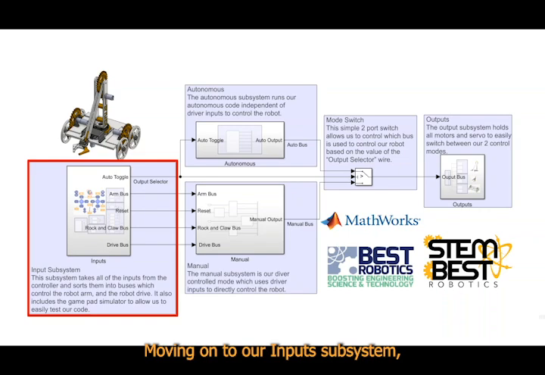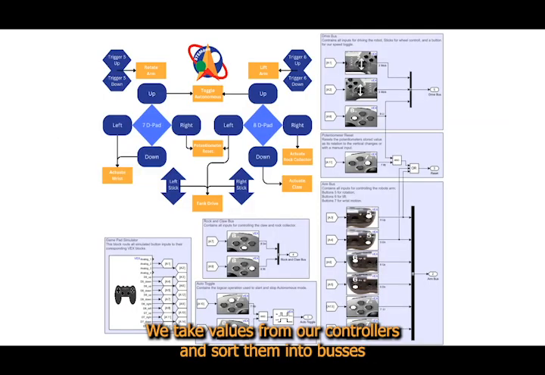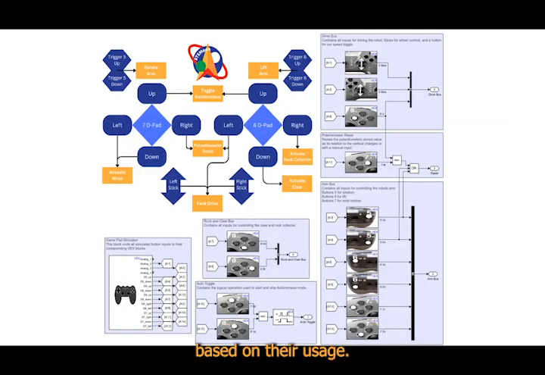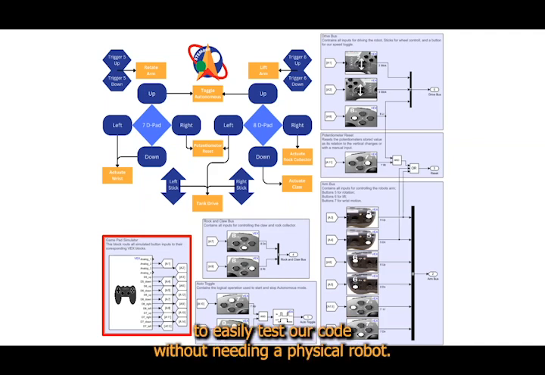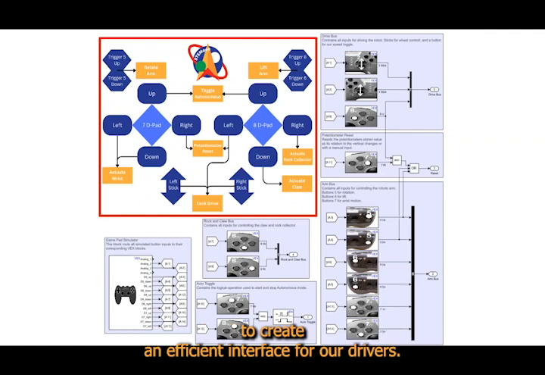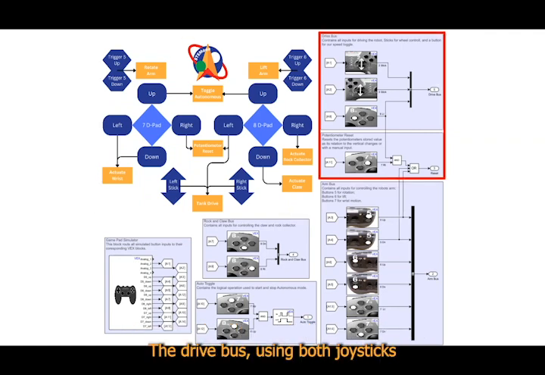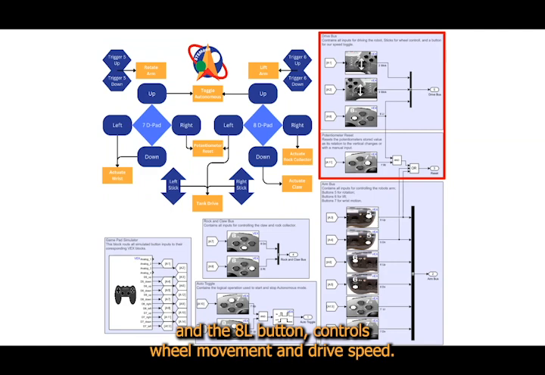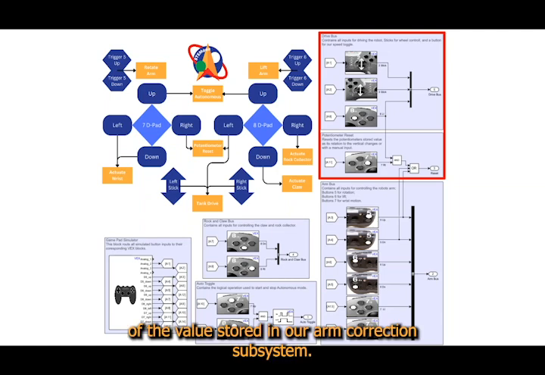Moving on to our input subsystem, we take values from our controllers and sort them into buses based on their usage. We use the gamepad simulator to easily test our code without needing a physical robot. Our map of button controls demonstrates how each button is used to create an efficient interface for our drivers. The drive bus, using both joysticks and the 8 left button, controls wheel movement and drive speed. 8 left combined with 7 right also functions as a manual reset of the value stored in our arm correction